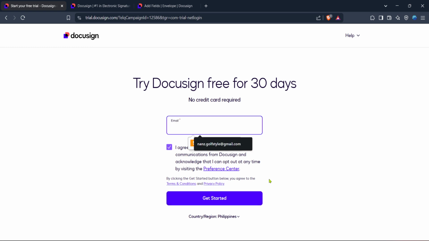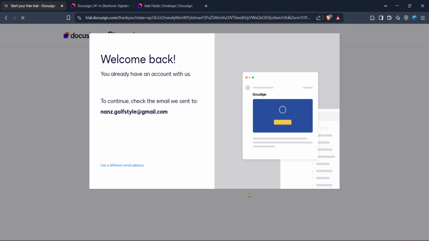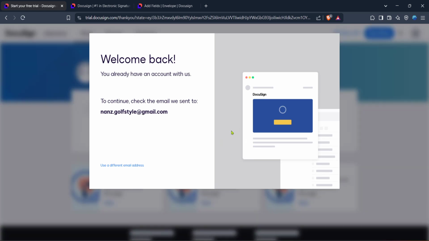It will include fields for your name, email address, and a secure password. Make sure to use an email you frequently access, since you'll need to verify your email address later in the process. After entering your details, check for any welcome messages or confirmation emails from DocuSign. This verification step is crucial because it confirms your email address, enabling you to access all the features DocuSign has to offer. Be sure to check your spam or junk folders if the email doesn't appear in your inbox.